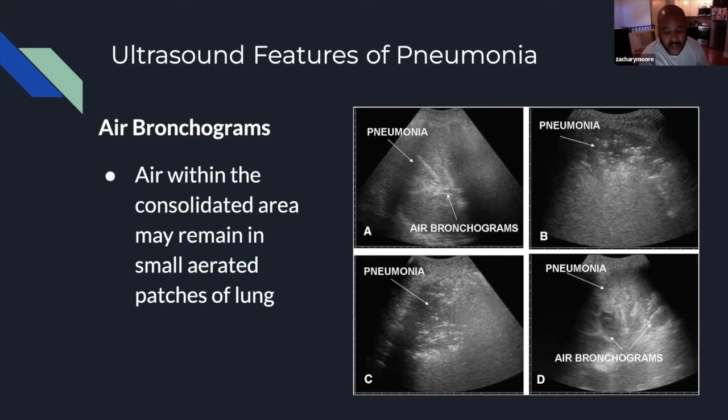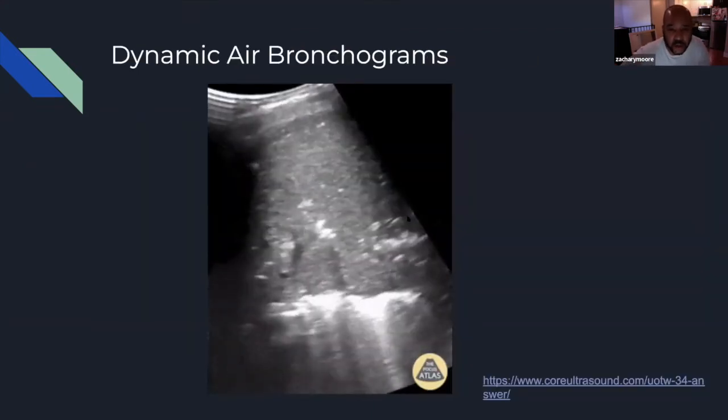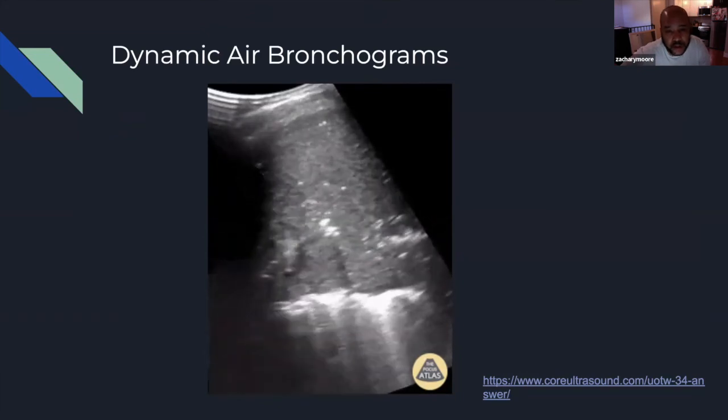But overall, with time, the air within those air bronchograms is going to be replaced with fluid, and those fluid-filled bronchi might branch out with a hypoechoic appearance with relatively echogenic walls. Here's an example of a dynamic air bronchogram, and if you look, you can see how the bronchogram is